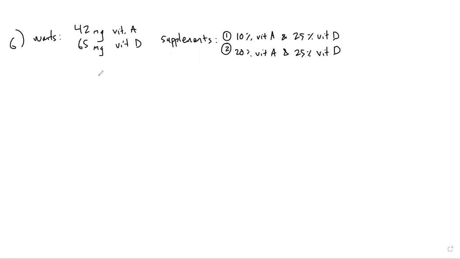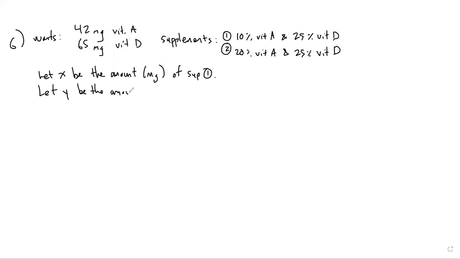I am going to let X be the amount in milligrams of supplement 1, and let Y be similarly the amount in milligrams of supplement 2. And so we're going to set up equations to ensure that we get enough of vitamin A and vitamin D for each. So for vitamin A,